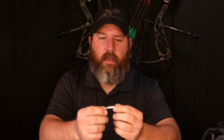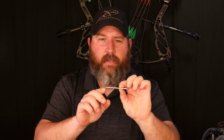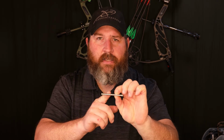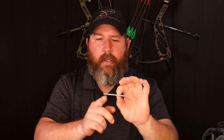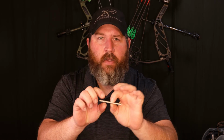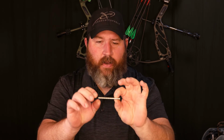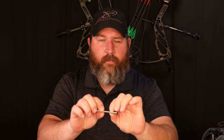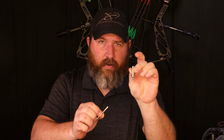And in the hunting world, Ethics Archery has come out with some very high quality components. They have a stainless steel weighted insert that is notched, so I believe this insert is 185 grains, but I can cut it off in like 20 grain increments here, and I can take it down to 100, 120 grains, something like that. So this little piece right here not only gives me a higher FOC, it gives me the ability to adjust this insert based on my needs,